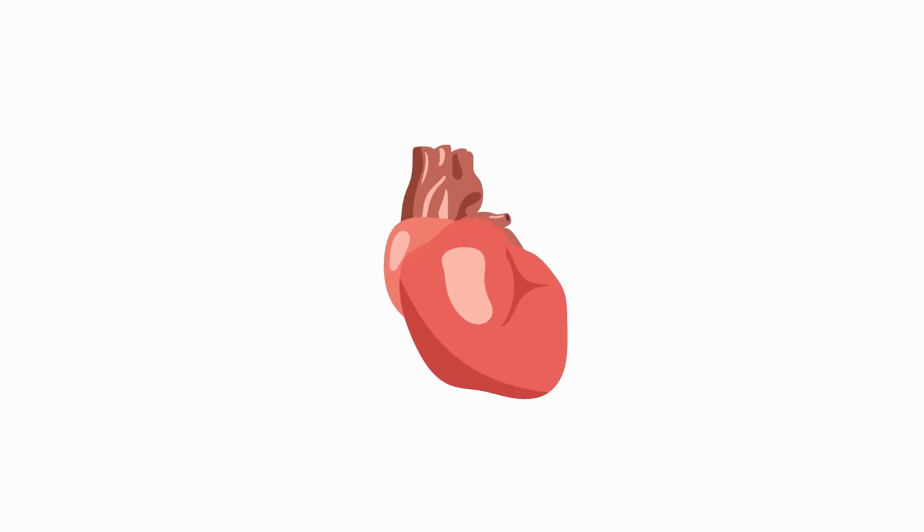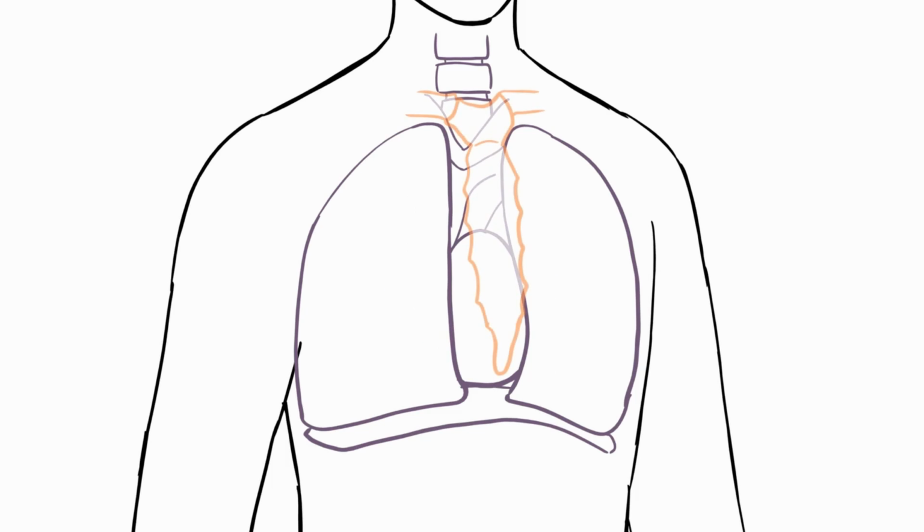It is a muscular organ which is about the size of your fist. Thus, it makes sense to say that if a person has a bigger fist, then that person has a bigger heart. Shaped like an upside-down pear, it is located under the ribcage, slightly to the left of the breastbone and in between the lungs. It also sits on top of the diaphragm, which is the main muscle that helps with breathing. How does blood travel through the heart?